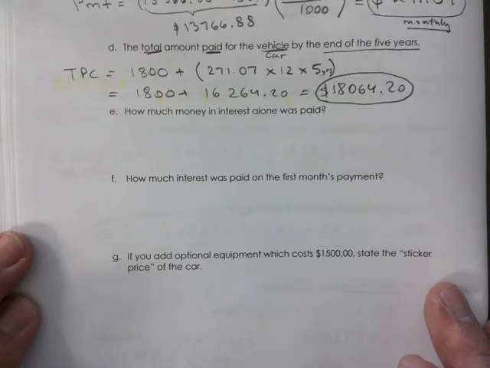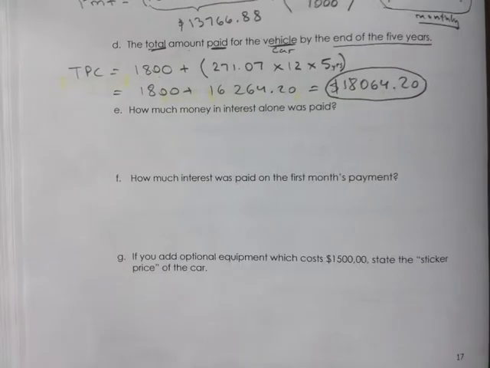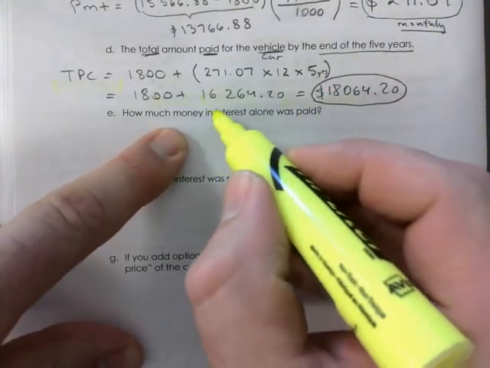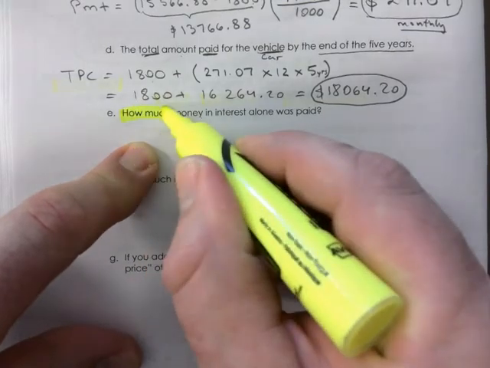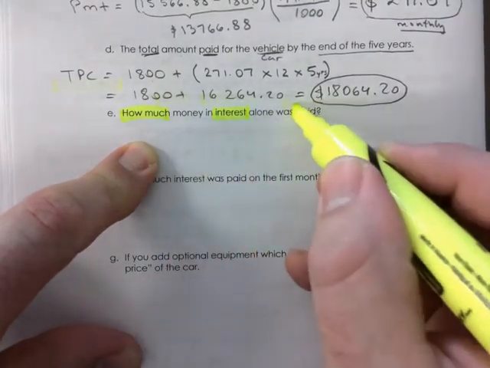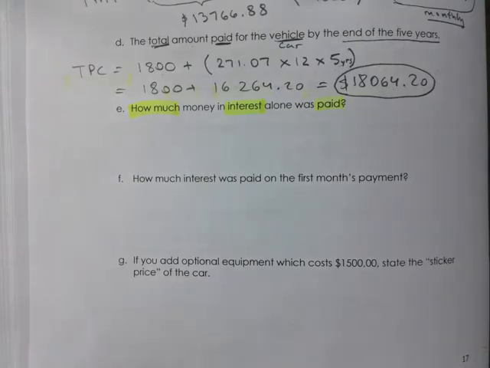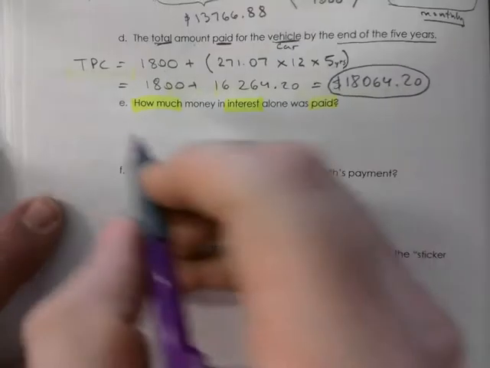E, how much in interest alone was paid? What formula would you use for a question phrase like that? How much in interest was paid? Which one would you use there? Is it too early to ask questions? Which formula? TI? Total interest? Would you agree with that? Yeah. Okay. Thank you. Total interest